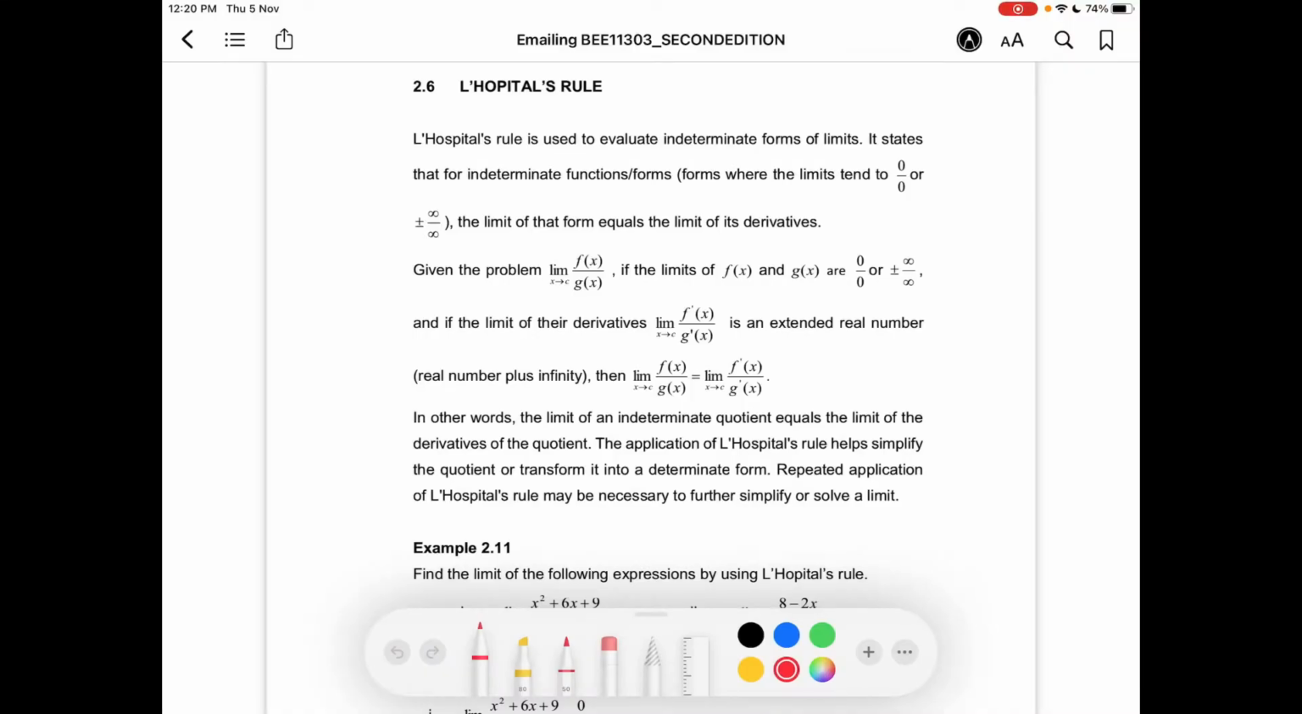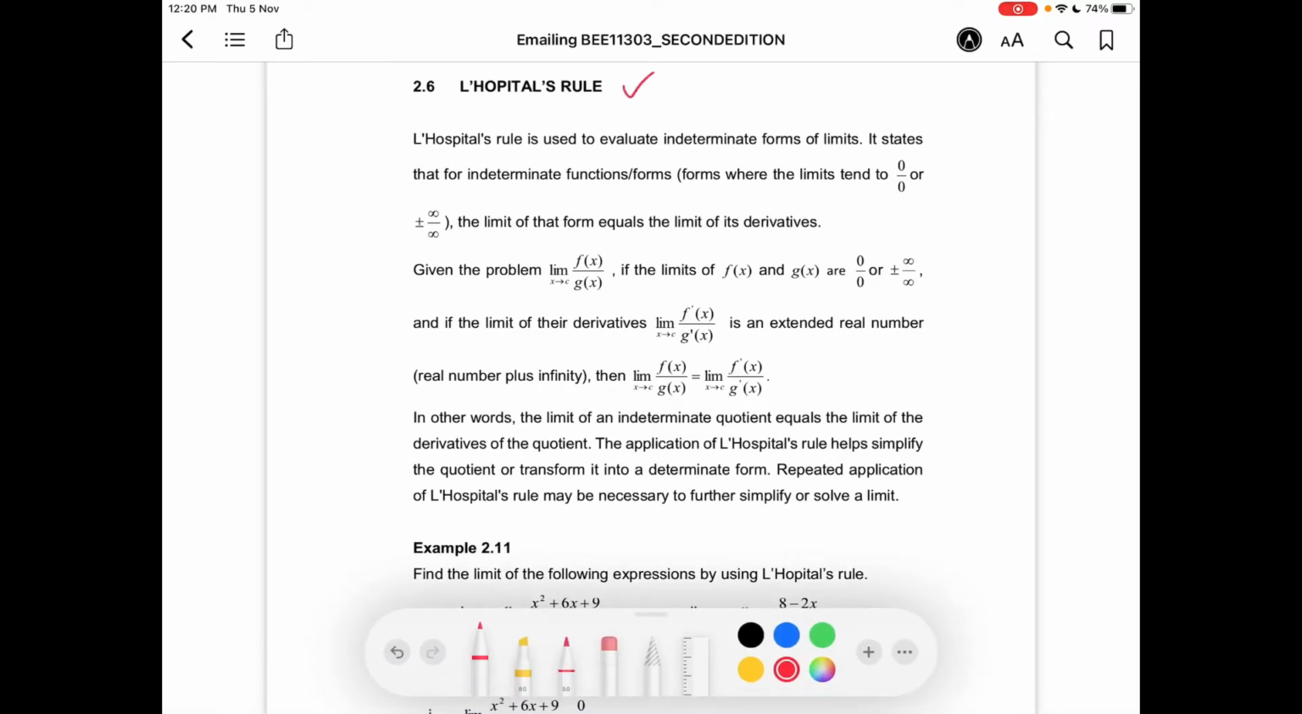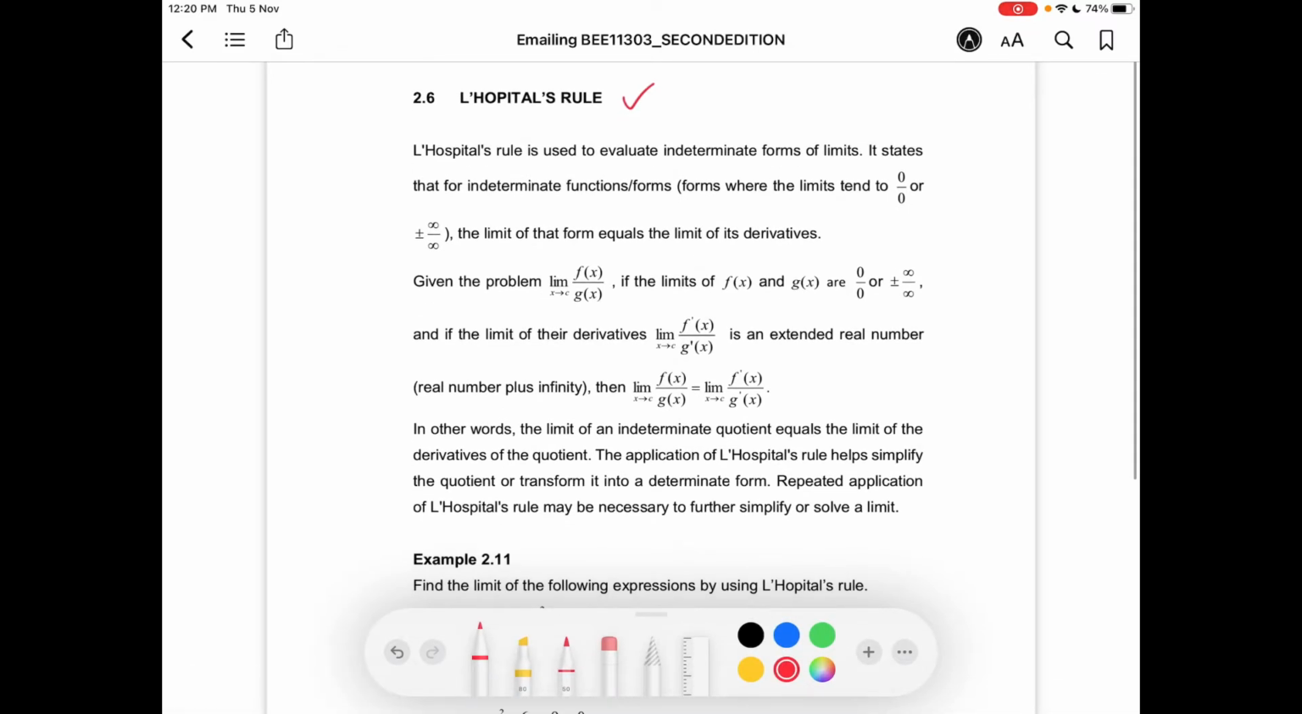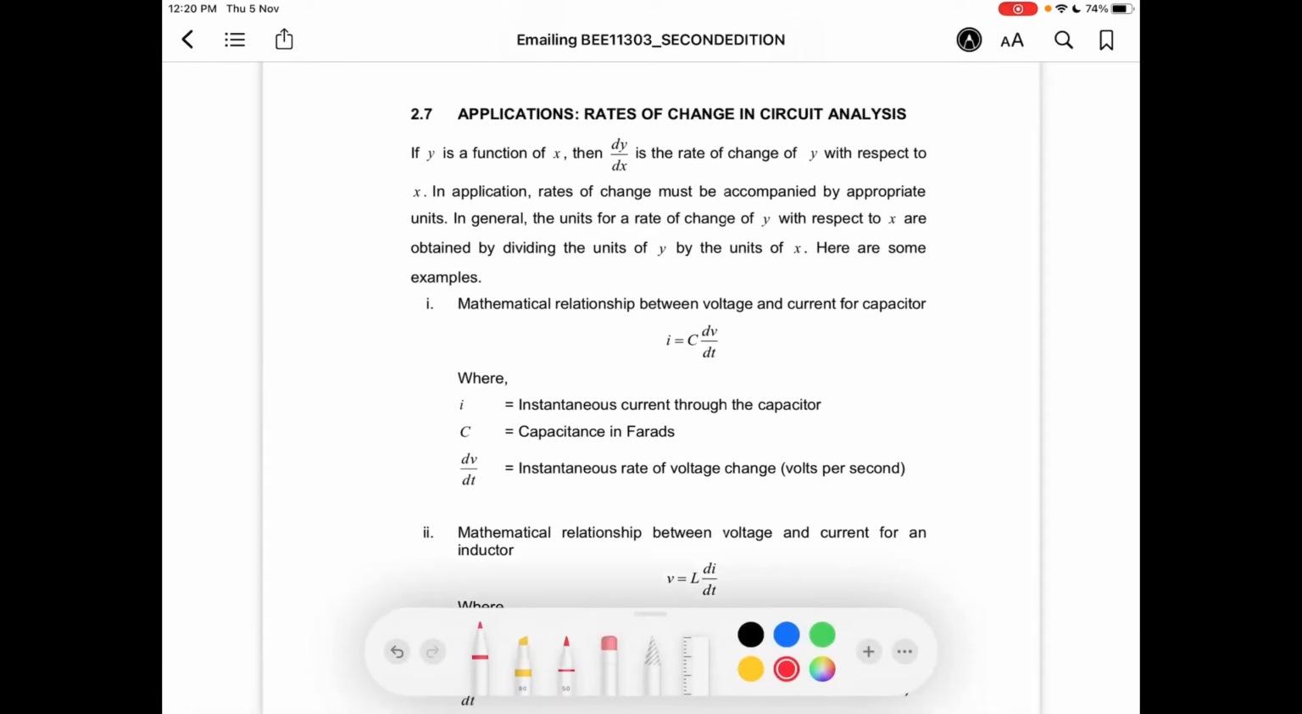So we meet again for this week's lecture. We're going to finish up all the subtopics in the differentiation. We only left 2.6, which is L'Hopital's rule. Okay, this is L'Hopital's rule, and another one is this one, the applications in terms of rates of change in